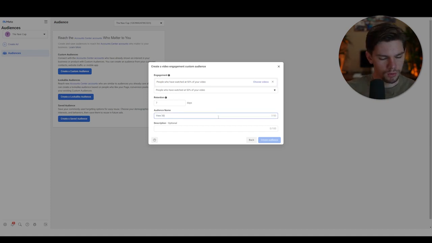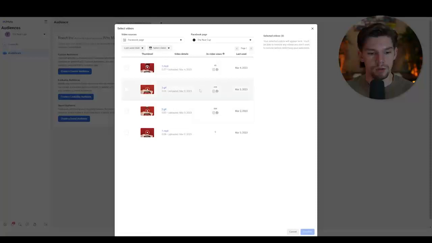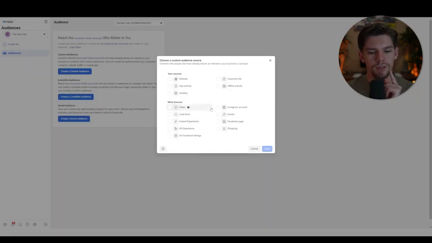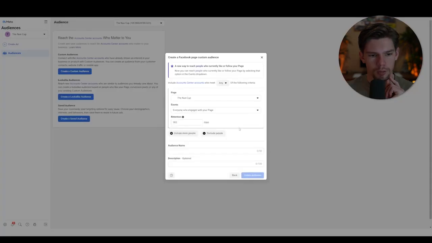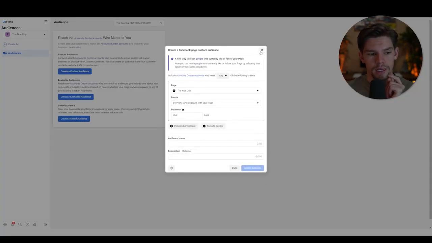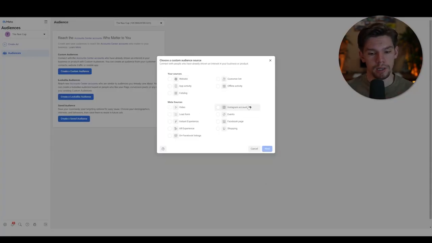And we'll do view 50%, 7 days. Then you can also choose videos. So you can choose which ones they've actually watched through all of your different posts. Right now it's only showing my story ones. For some reason, it's not showing my reels. So I think for it to show my reels, we need to do Facebook page. Yeah, so anyone who's interacted with your page, there's a ton of different options and you guys can play around